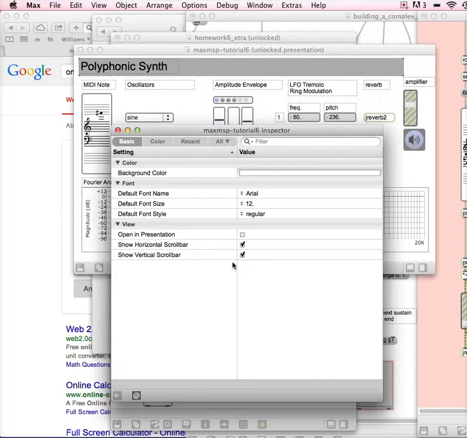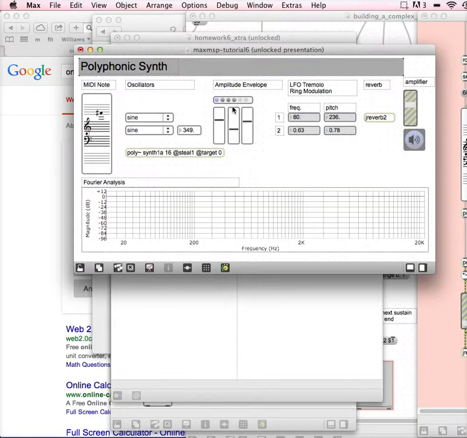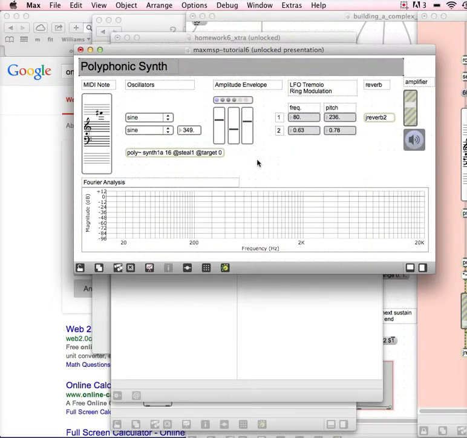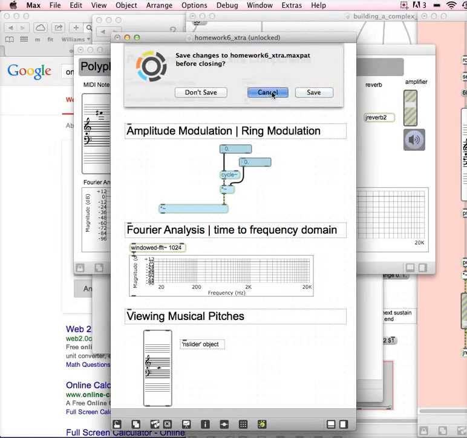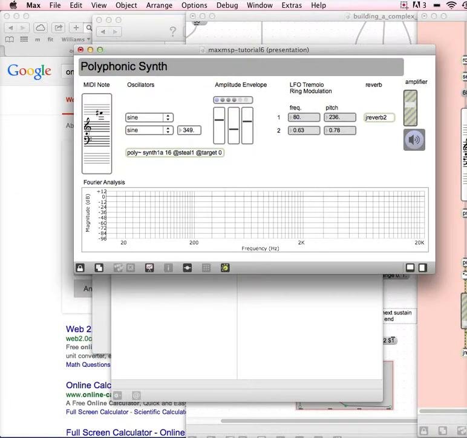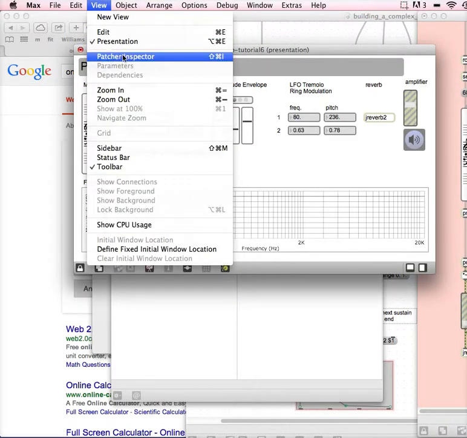So the first thing we want to do is open this in presentation view every time that we open the patch. Otherwise, if we're coming to a performance, we're about ready to load everything up and start, you don't want to have to click on the patch and then put it in presentation view. It's just easier to open it in presentation view. So that's the first thing. Then we can lock it, and if we go back to presentation view again, the other thing is